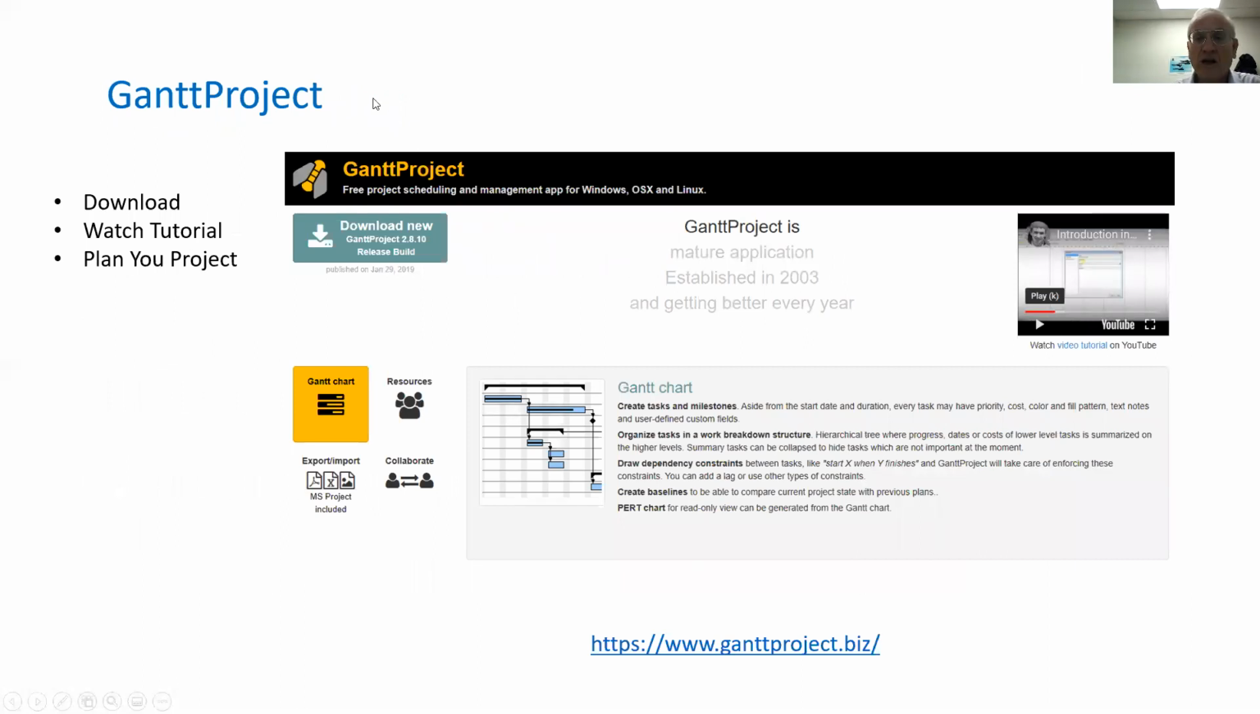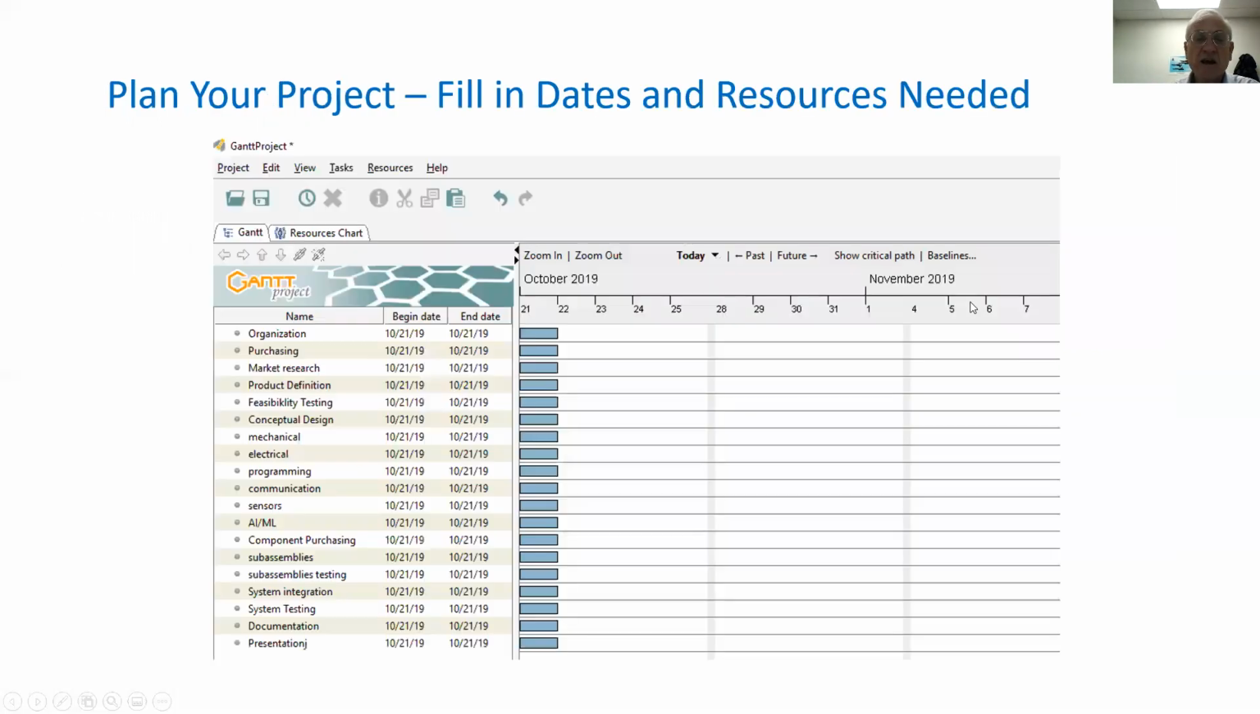The tool that we'll learn in this particular session is the Gantt project. It's a free tool. We'll download it. We'll watch a tutorial right in here, and then we'll plan the project. So you click on this icon over here, and it takes you right in here. You download the Gantt chart, and then you listen to the owner's introduction and tutorial. And then the next thing that you do is you plan your project, fill in the dates and the resources